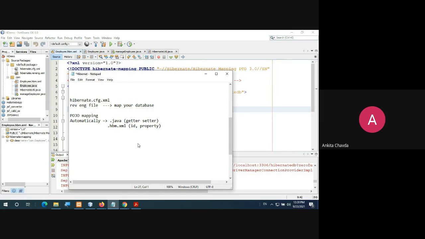After finishing this, you will create a Hibernate util file, and then leave it. After that, you will create one normal .java file where you will write the code for insert, update, delete. So please take a screenshot of this. So these are the steps, right?